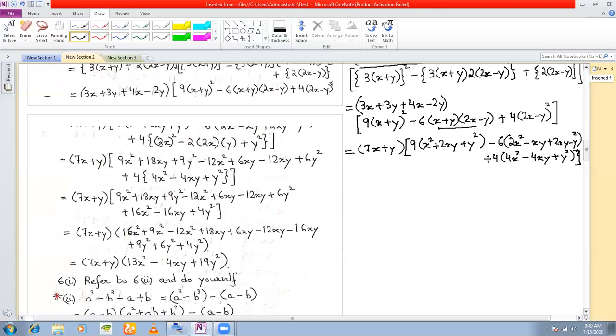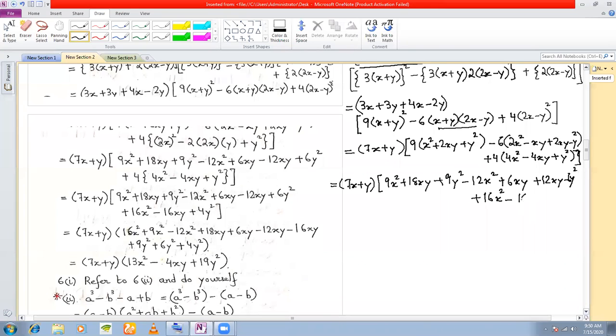So now we have 7x plus y into 9x square plus 18xy plus 9y square, minus 12x square, plus 6xy, plus 12xy, minus 6y square, plus 16x square